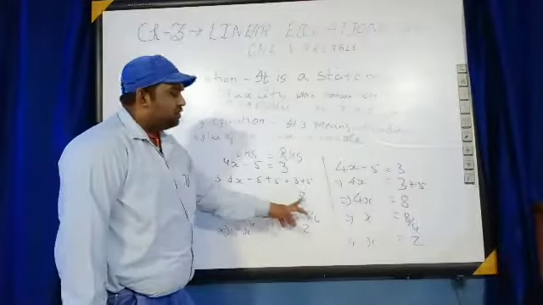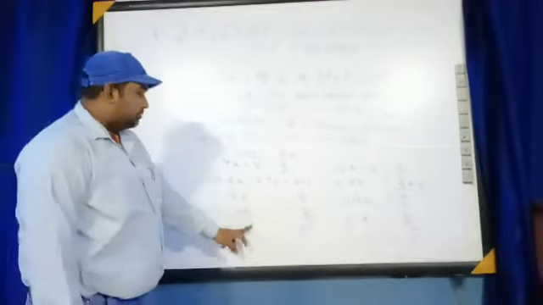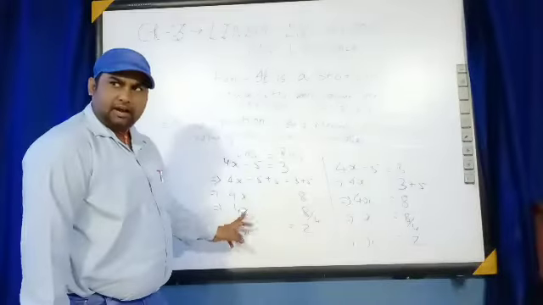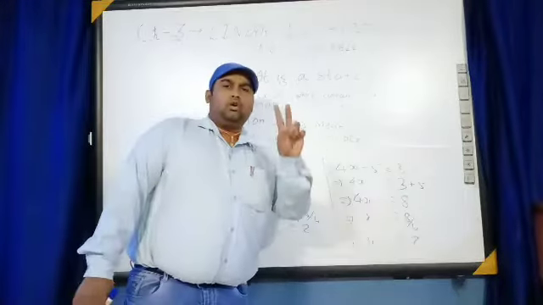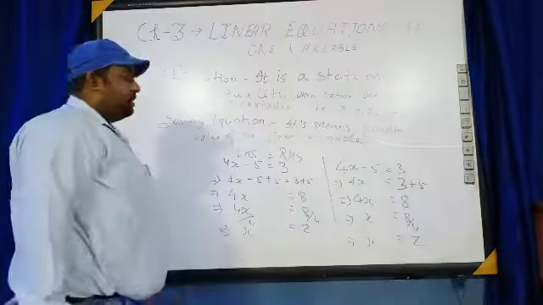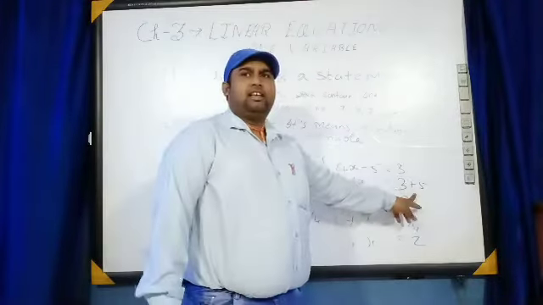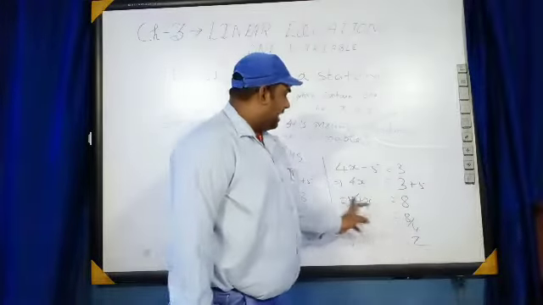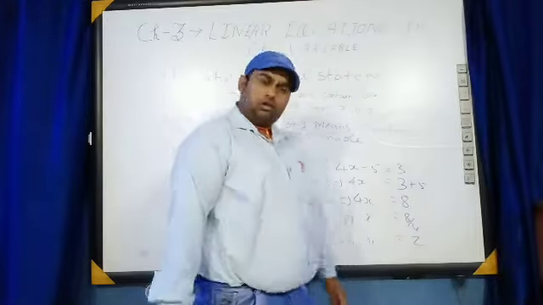Then we got 4x equal to 8. Now, 4x means 4 into x, 4 multiplied with x. 4x by 4, 8 by 4. 4 can be cancelled with 4. A variable we can't cancel, only a number we have to cancel. x is equal to 2. So here we have got the value. Here is the other process. Minus 5 will go to the RHS and become plus 5. Here is division, there it is multiplication. It will go there and be divided. So here x is equal to 2.